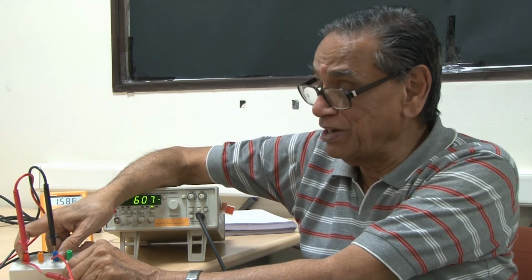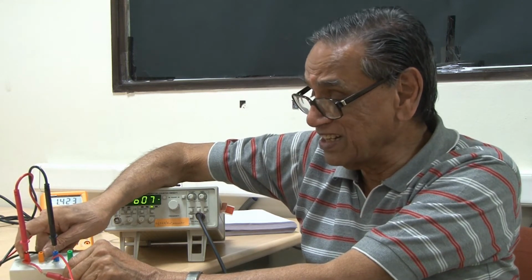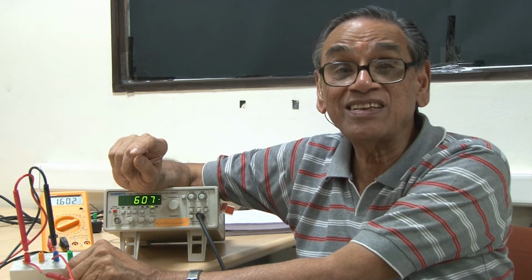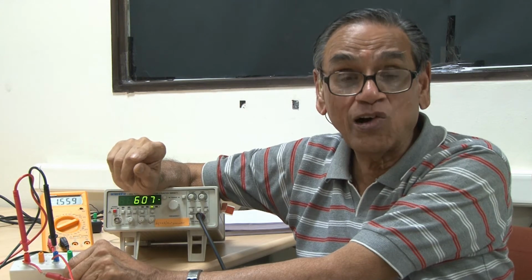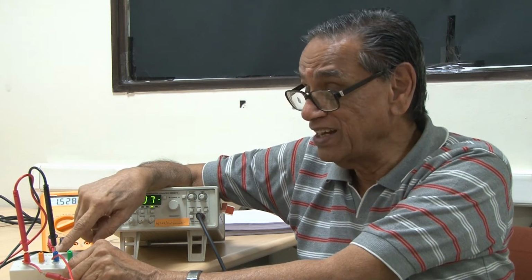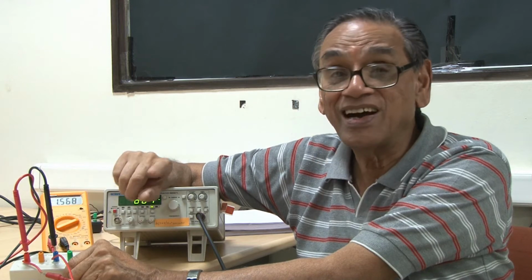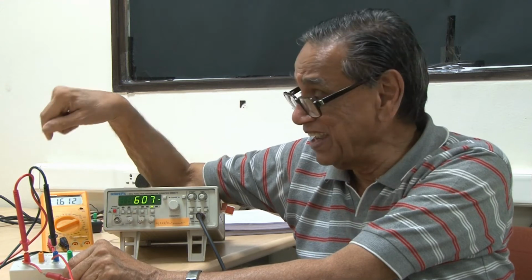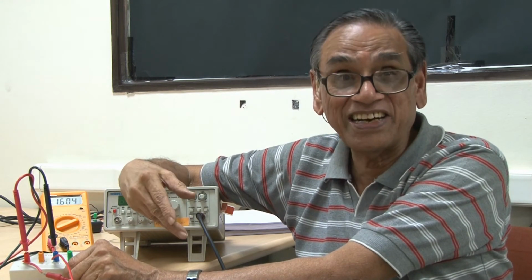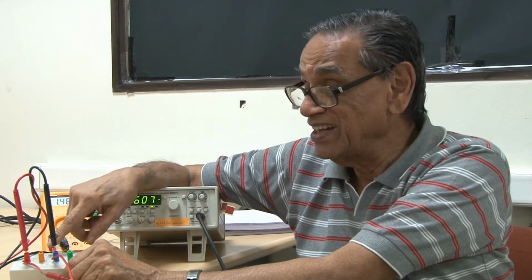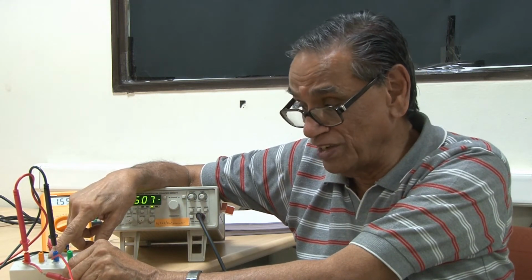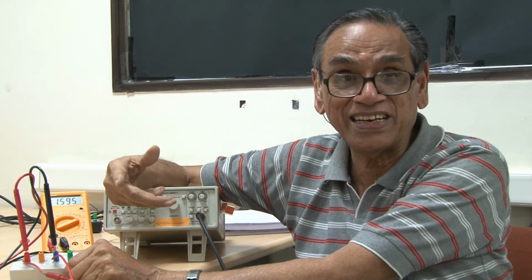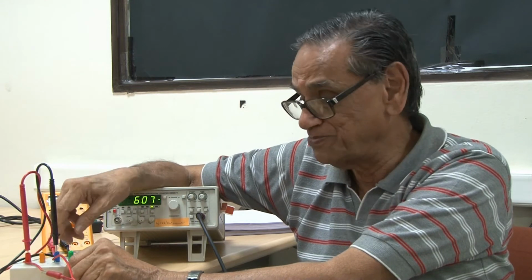From the total applied voltage, voltage across R and voltage across L, I can calculate what is the tangent of the phase angle between the voltage across the coil and the current through the coil. If I plot tan phi against frequency, I will get a straight line and the slope will be inductance of the coil divided by resistance of the coil. So I can measure the resistance of the coil.